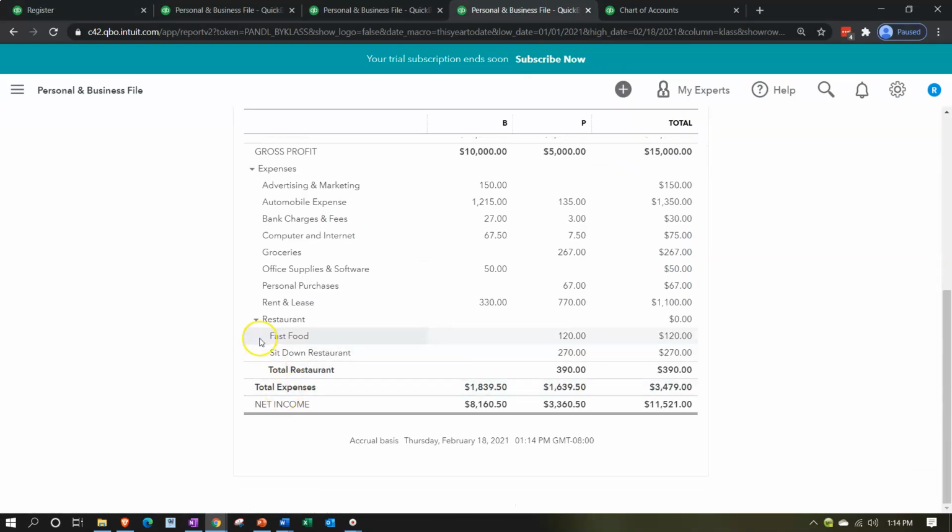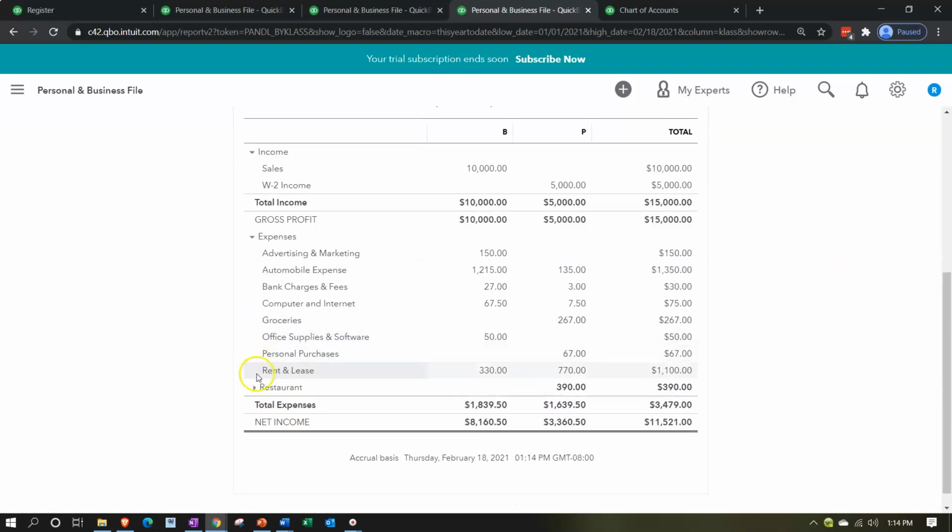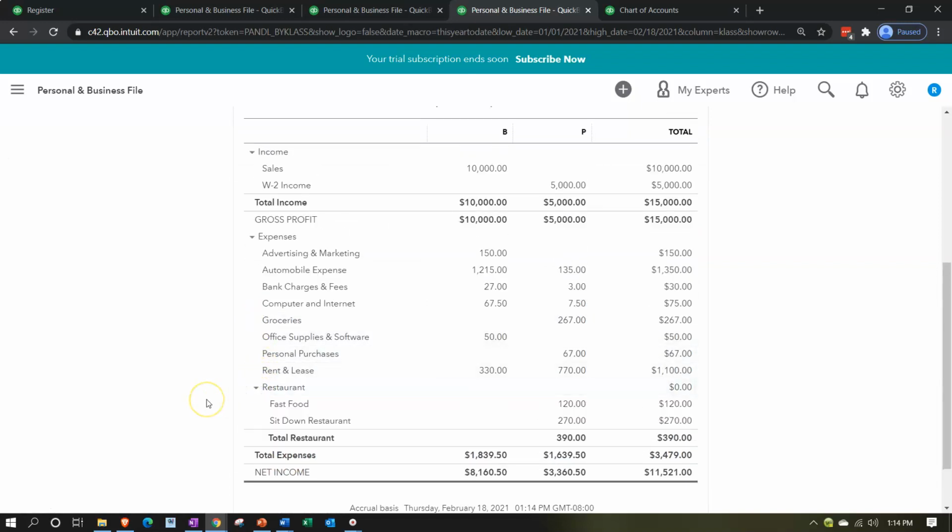Then you got this nice breakout down here. So if you do your taxes at the end of the year and you have a Schedule C type of business, you can see how you can break out. You can use this report and still basically have your income statement over here. You can do some allocations between business and personal, which is a little bit easier to do in the same QuickBooks file. The problem with it, of course,